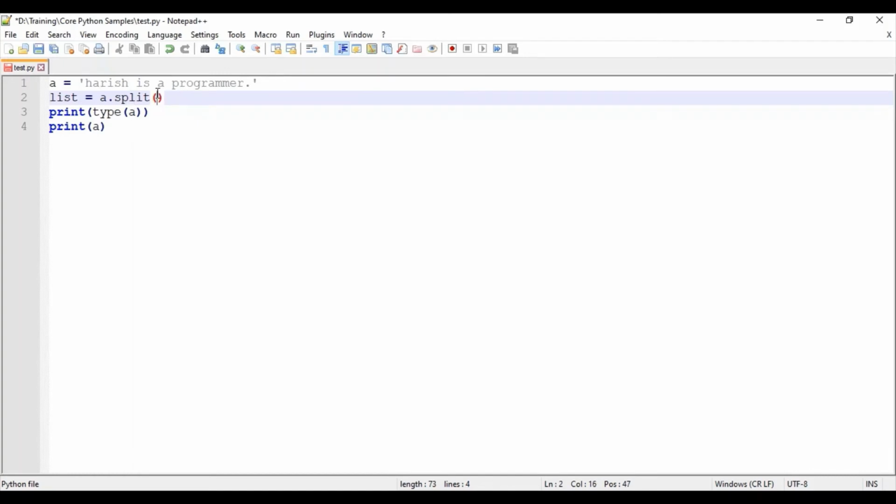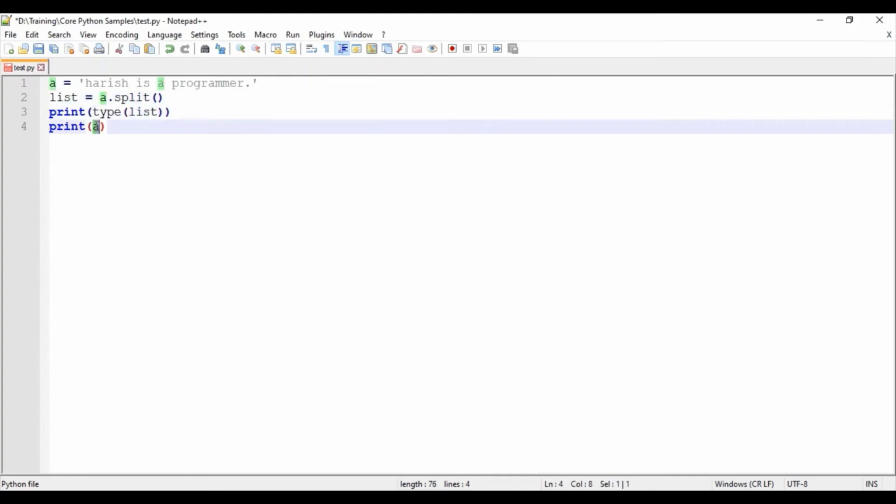Based on this, if you want, we can specify any separator, comma or dot like that. If you don't specify anything, it will take space as the default separator. So based on the separator, it will be splitting up into individual elements. So type of list and print list. Save this code,